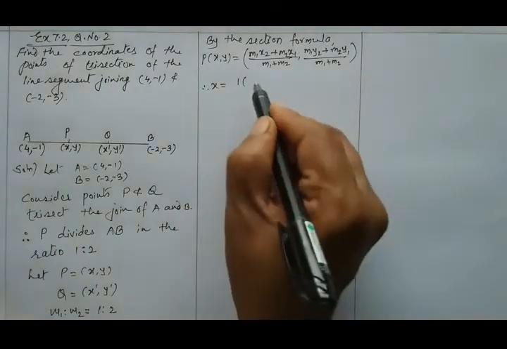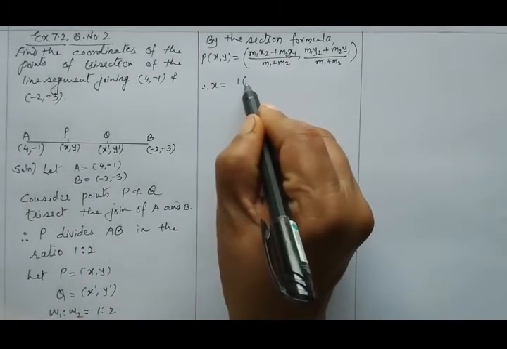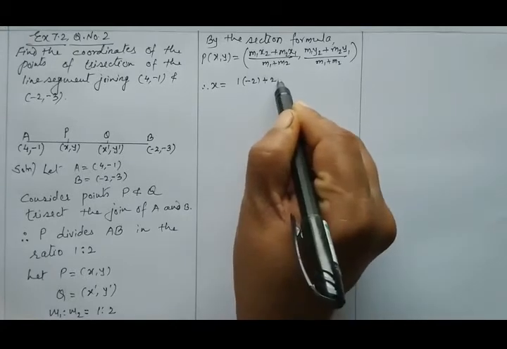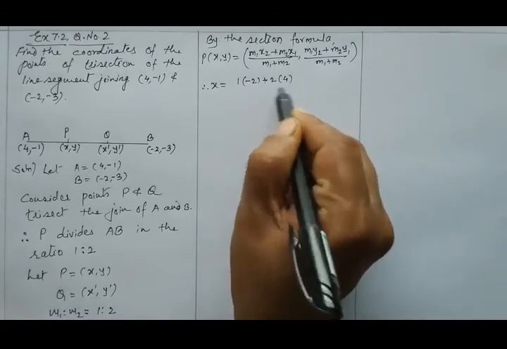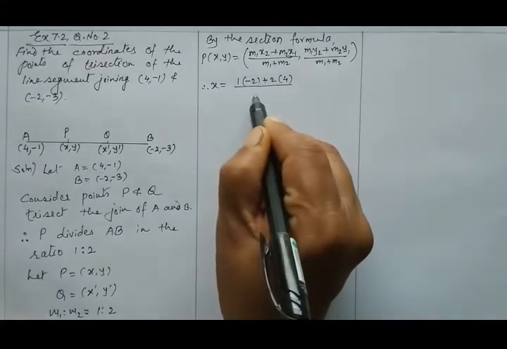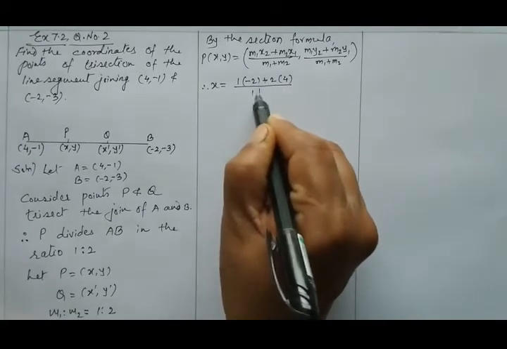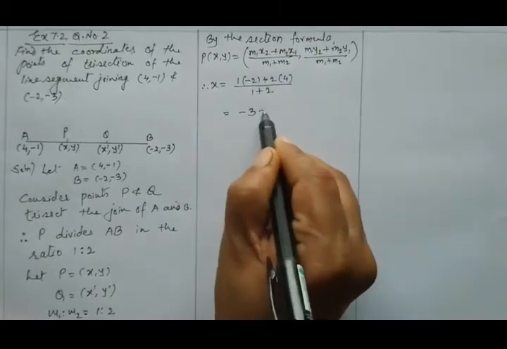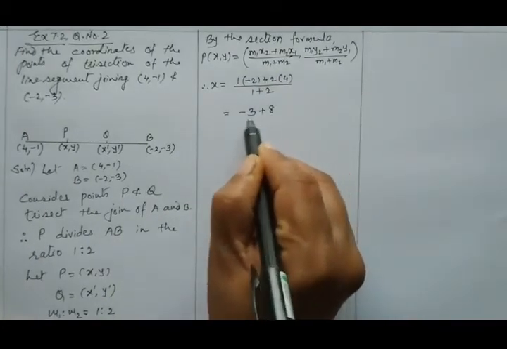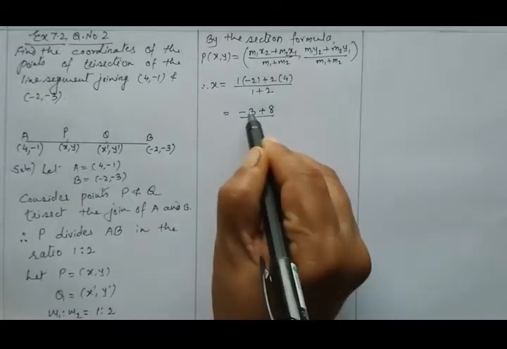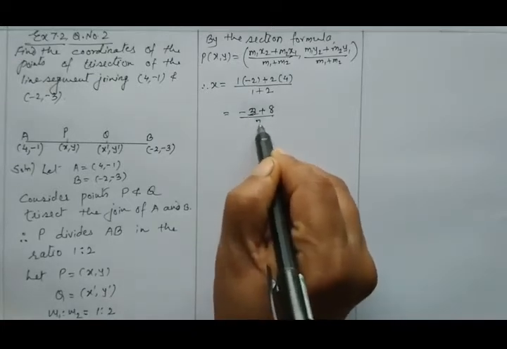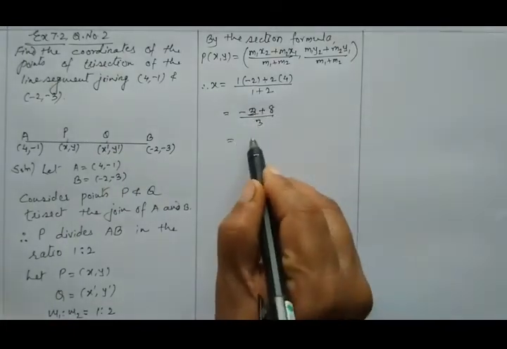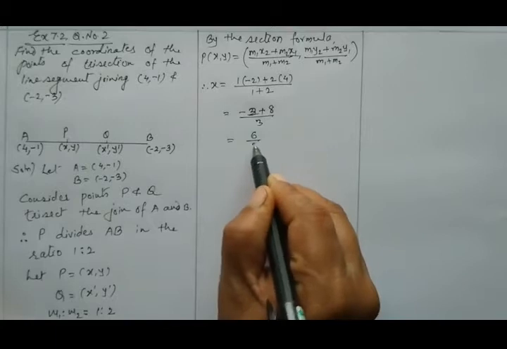So m1 x2 is -2 plus m2 is 2 and x1 is 4. Okay, upon 1 plus 2, so -2 plus 8 upon 3,